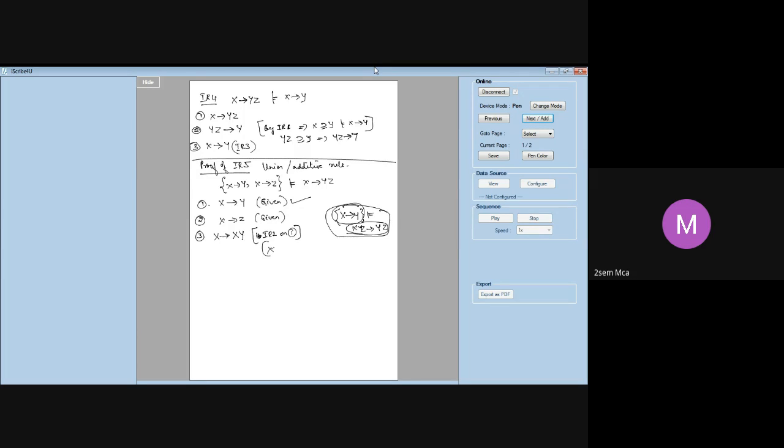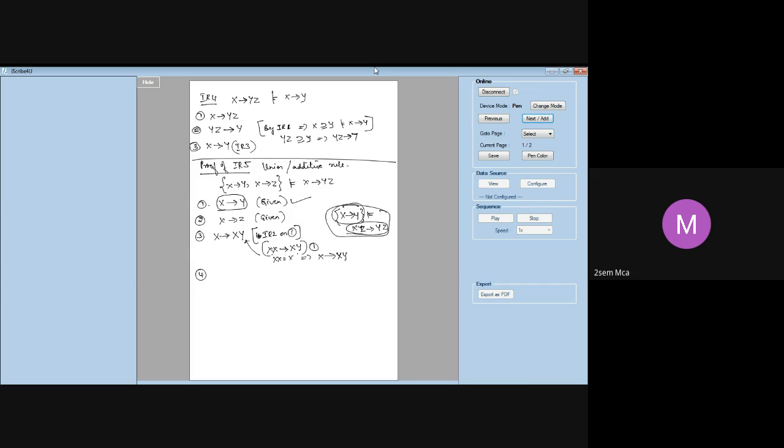In the sense, I will get xx determines xy. I am applying augmentation rule on 1. 1 is given to be x determines y. I will apply augmentation rule by augmenting both the sides, left and right side, by x. So I will get xx determines xy. Xx is nothing but x only. So I can write this as x determines xy. That is what I have written here. Is it clear to you all or not? Yes, ma'am. So if there is any doubt, ask me.